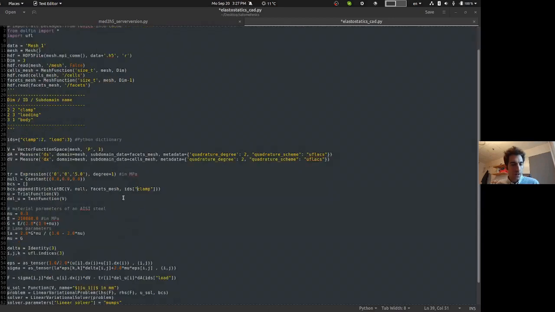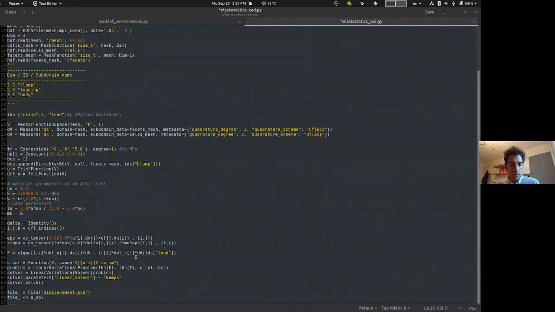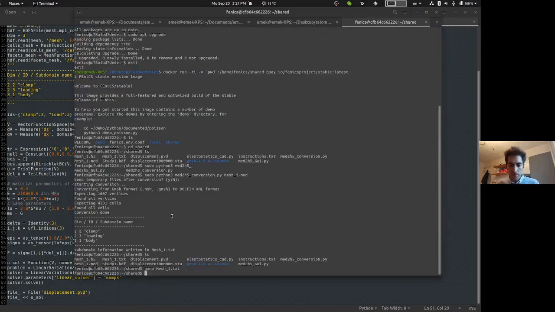Now we can have here the boundary condition, which is the Dirichlet boundary condition, but on top of that we can also have the Neumann boundary condition, which is here. So now I'm not doing any marking anymore because all the marking has been done already, and now I'm using the number for this marking, and the rest of the code is the same. So I'm constructing a linear variational problem and then solving it. Okay, so let me see how it looks. If I run this,